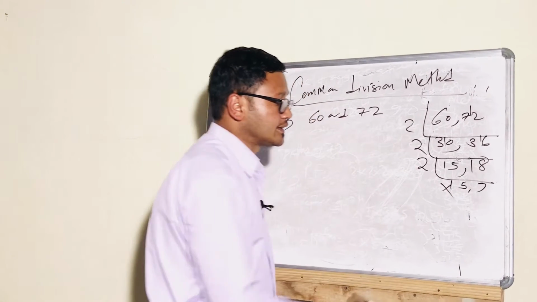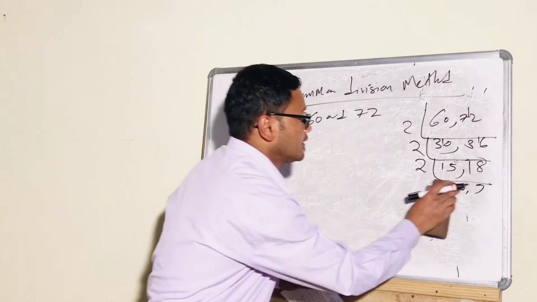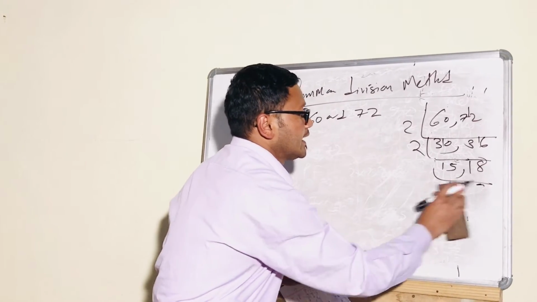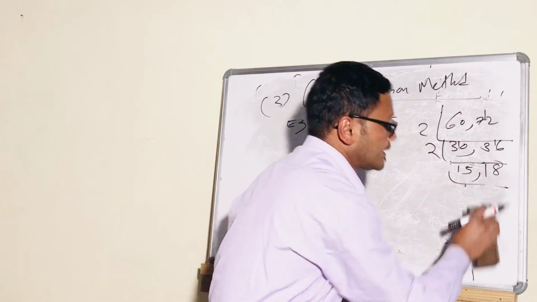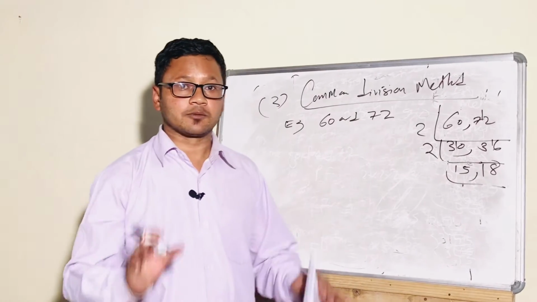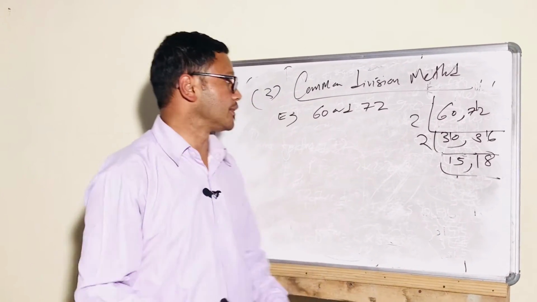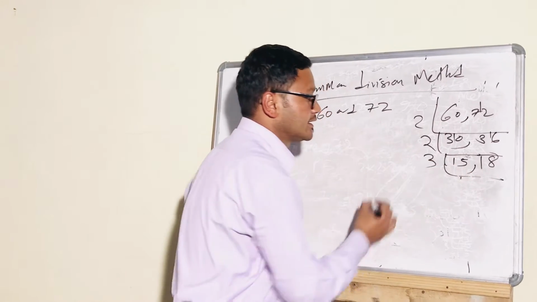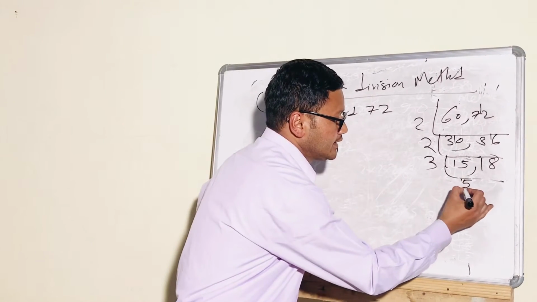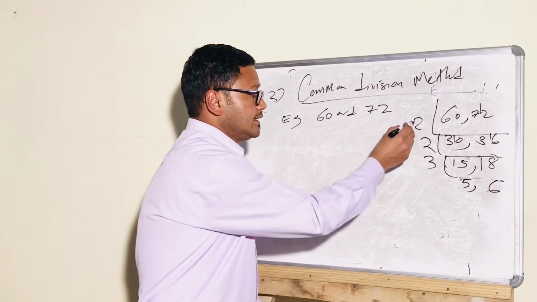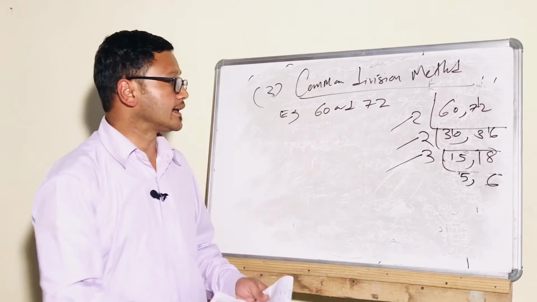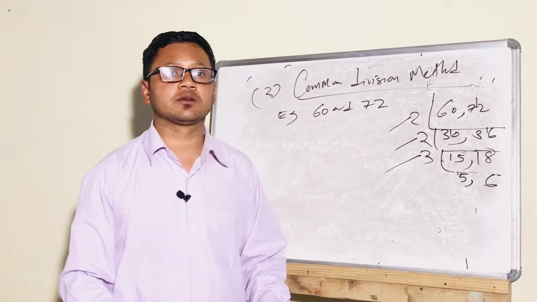This is wrong. Okay, this is wrong. That means the number which we take must divide 15 and 18, or we can write the prime factors, prime numbers. Okay, that means 3 5s are 15, 3 6s are 18. These are the prime factors. We can only take the prime factor.